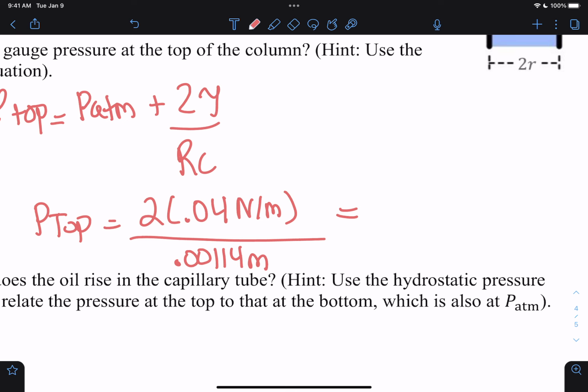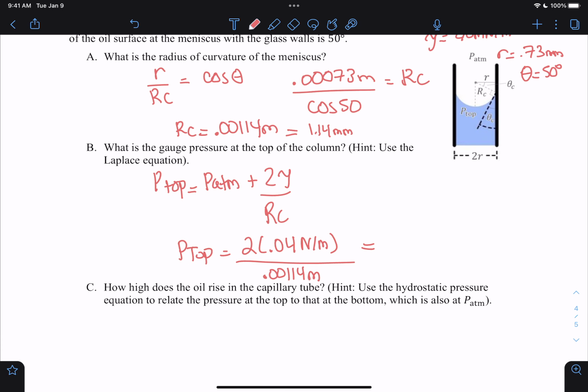So 2 times 0.04 divided by 0.000114. So I got like 70 newtons per meter squared, which is like 70 pascals, but I'm not sure if that's quite right or not. Did you guys get like around 70 as well? Yeah, 70. I got 70.2, but